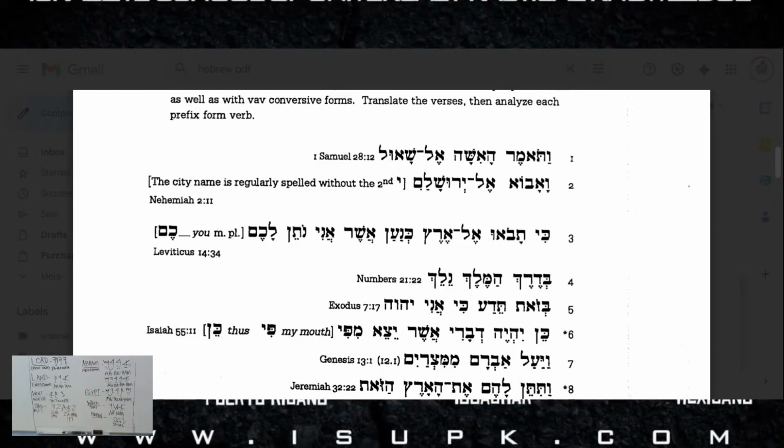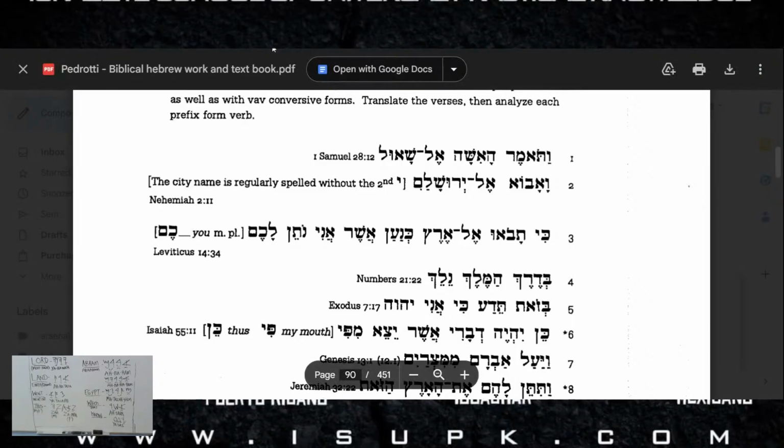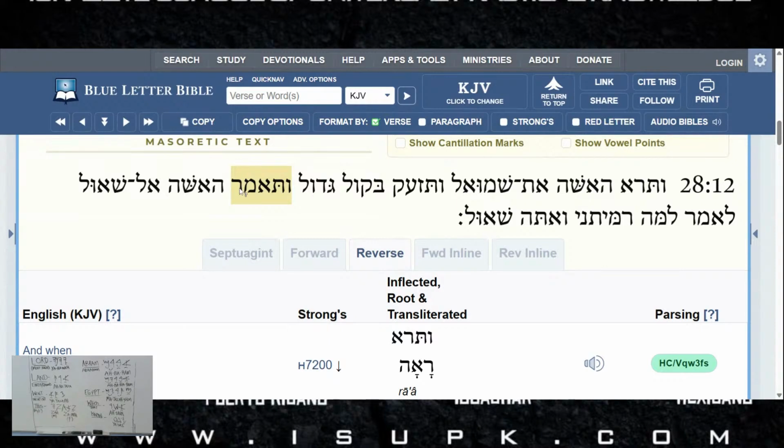Watha Amar Ha'asha Al Sha'al. Well, which is technically not the beginning, but let's keep going. So they want us to translate this part right here. Amar, ha-shah, al-sha'awal. All right. Oh no, is it right here? Let me make sure. Hold on. Let me take a look. Oh, Amar. Yep. It's right here. So wa Amar, ha-shah, al-sha'awal. Okay, that's what they want us to translate.